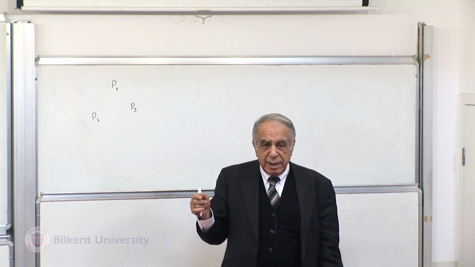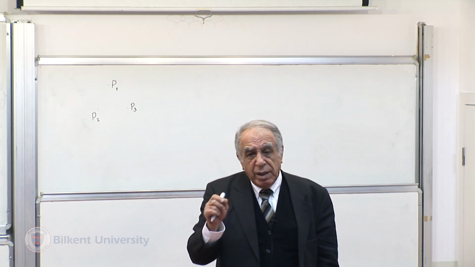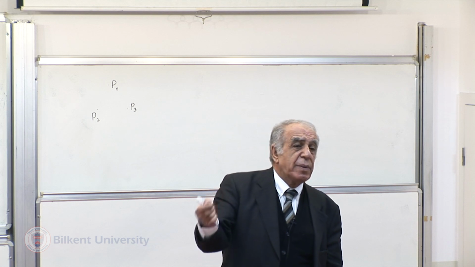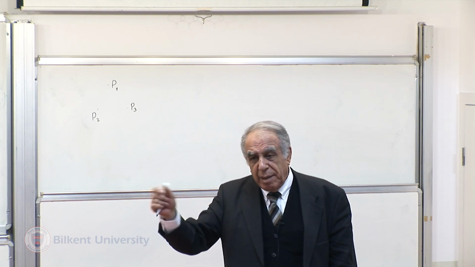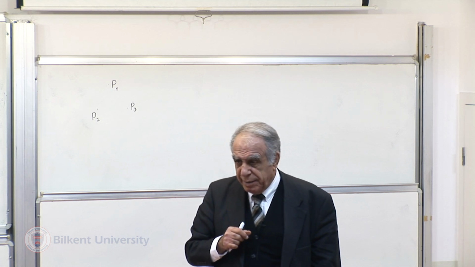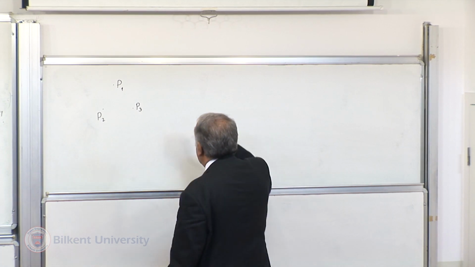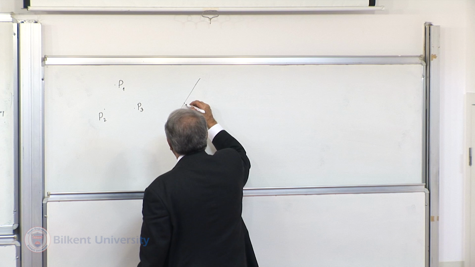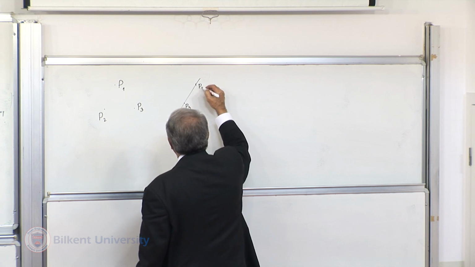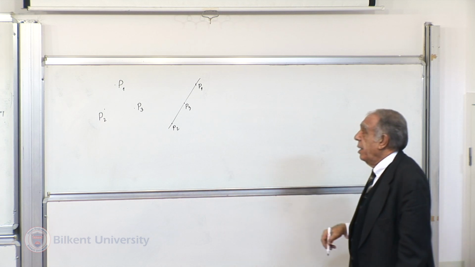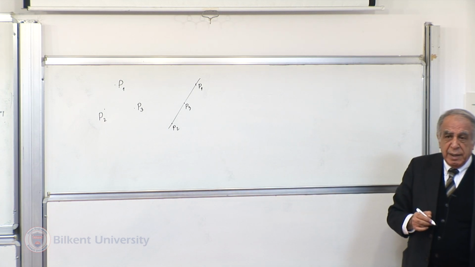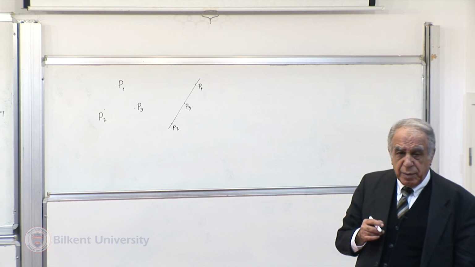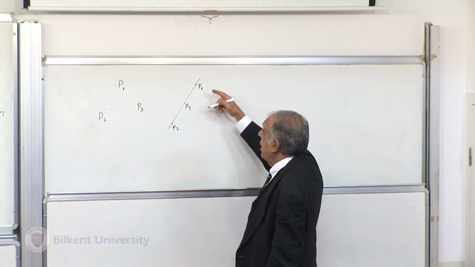So the question now is, can we define collinearity or equivalently non-collinearity, and can we relate it to linear dependence or linear independence? Now here, if these were collinear, say if there existed some line such that these 3 points lie on the same line, then one way of relating this to linear dependence, independence, would be not just considering these 3